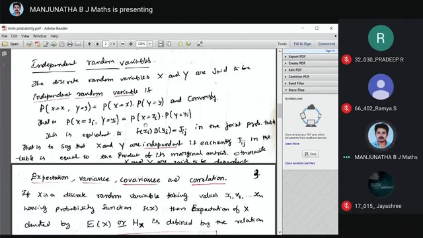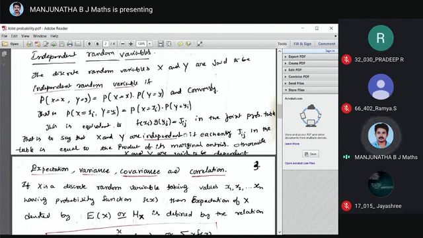Then we say, see, this is the condition for independent variables. Once they mention independence, it means f of xi into g of yj equals jij. So in the joint probability table, x and y are independent if each entry jij in the table is equal to the product of its marginal entries, otherwise dependent. Right, you have to know the definition here, of independent variables. So I make use of this result.